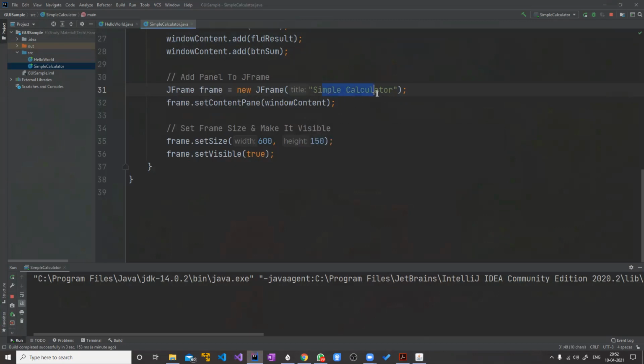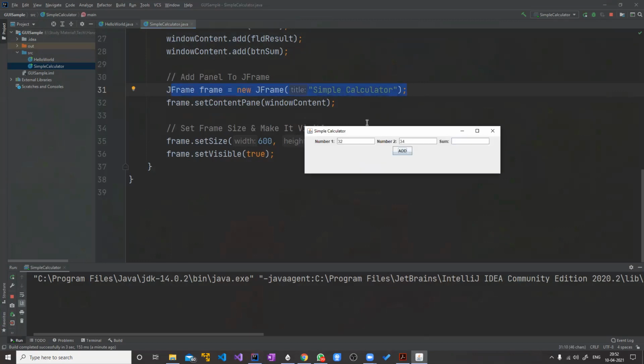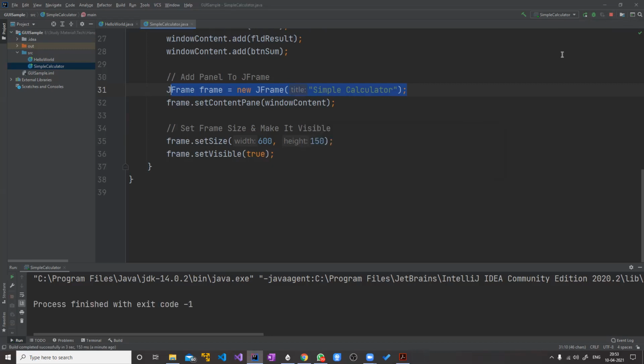We have set the title here as simple calculator, and you can see that written here. Then you have these UI elements. Wherever these UI elements are, that is the panel, but it is unresponsive. That means it doesn't respond to your actions. If you click this add button, nothing happens. Okay, so now we have to add the functionality to this.